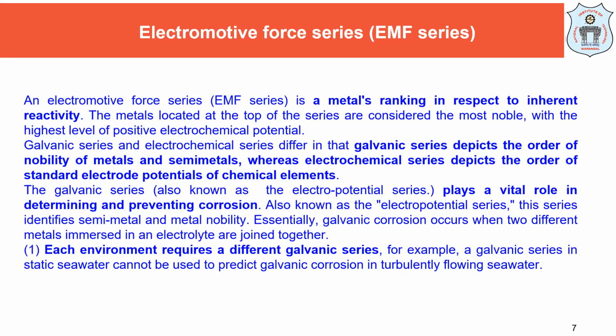To start with, we know about the electromotive EMF series, which is a list of metals ranked with respect to their inherent chemical reactivity. We also know that there are the galvanic series and the electrochemical series. The difference between them is that the galvanic series depicts the order of nobility of metals and semi-metals, whereas the